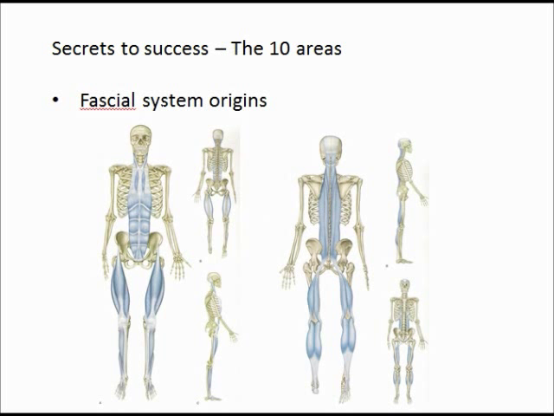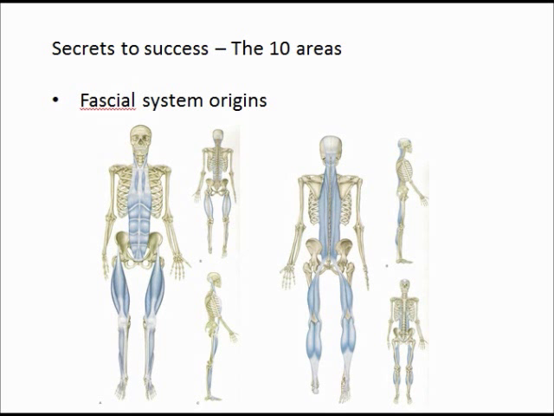The third area we're looking at is the fascial system and the origins. I've mentioned fascia briefly already in the flexibility module. The idea of what a fascia is, it's like a skin that envelops the muscle, and each muscle is surrounded by this fascia. And the idea is that one muscle's fascia will connect to the next muscle's fascia, and the next muscle's fascia will connect to the muscle's